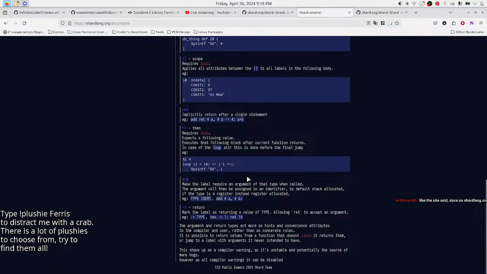Arg. Make the label require an argument of the type when called. The argument will be assigned to an identifier, by default stack allocated. If type is a, there are two arrows. Are they different or are they the same? Do they serve the same purpose? Oh wait, it's return. Is it return?